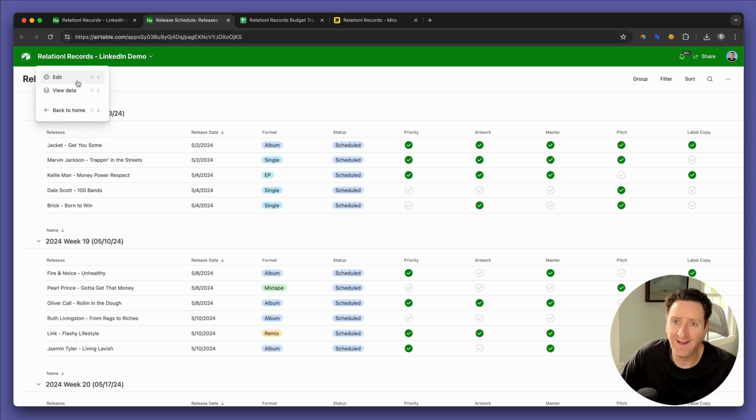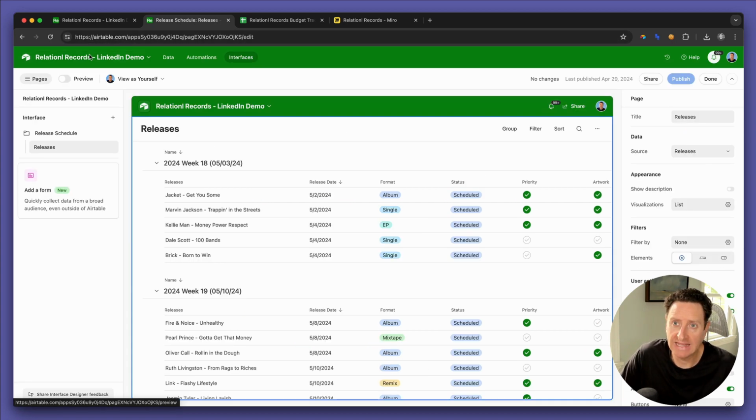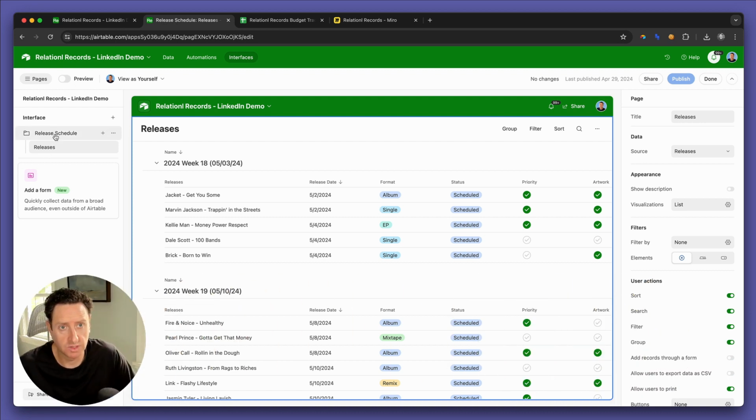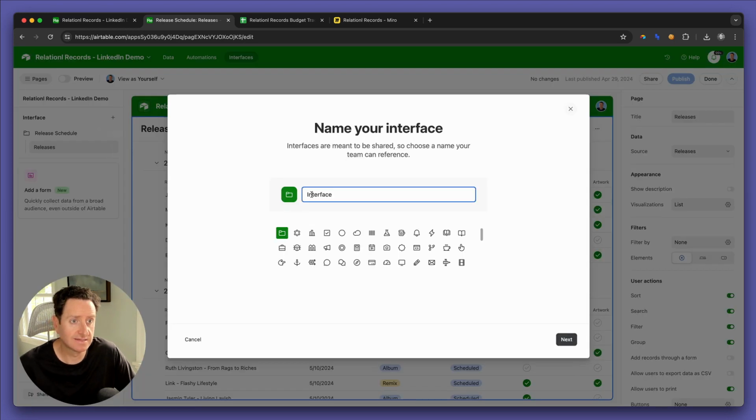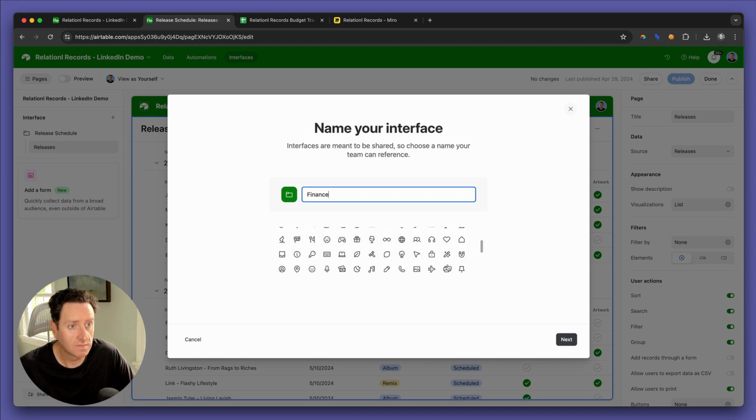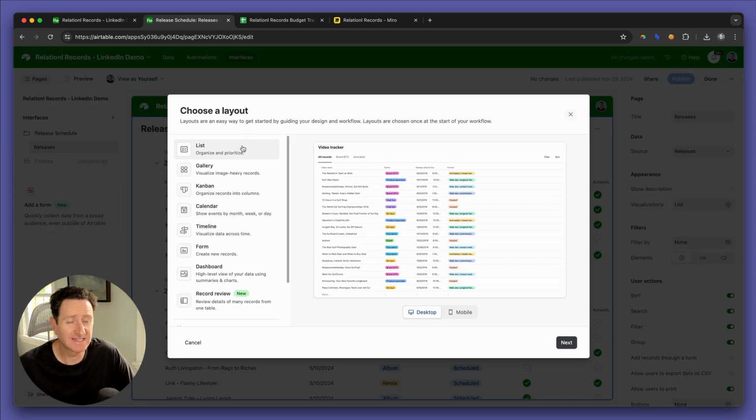So we're going to click edit on the interface. Over here is where you can add new pages. I'm going to create an entirely new interface, and I'm going to call it finance. Okay. Maybe there's a cool icon in here we can use. Boom, some money. Go next. And the finance is going to be